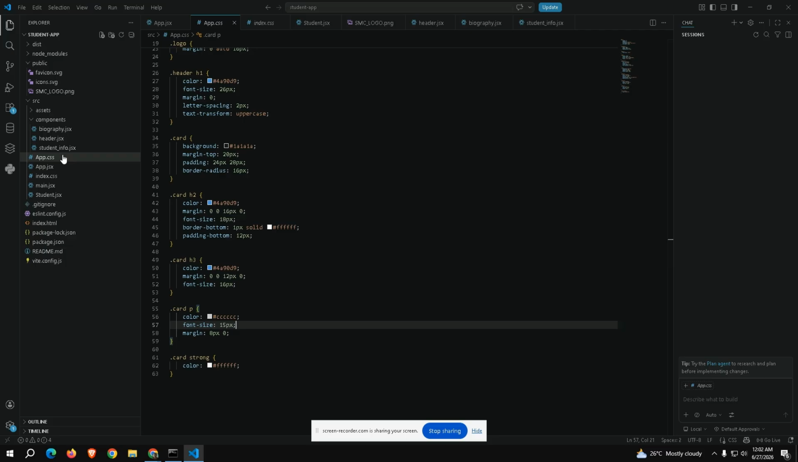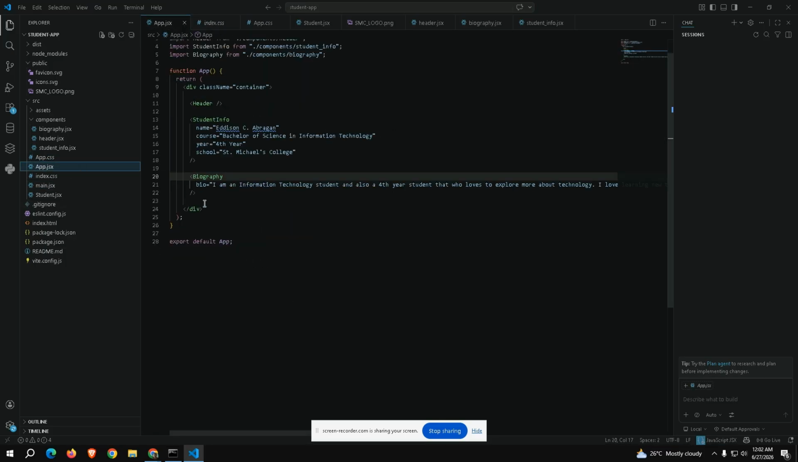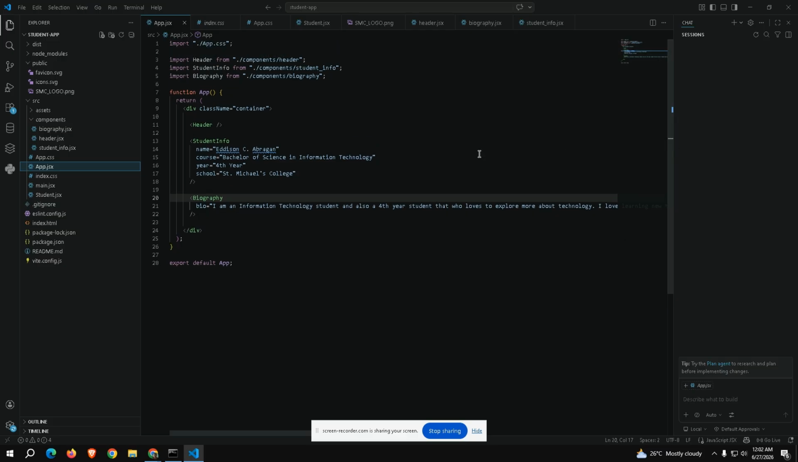So first, let's hop on to the App JSX. Here, as you can see, we have our info. This is our parent, which holds the app and the child itself. Here we have our student info and biography. So basically,